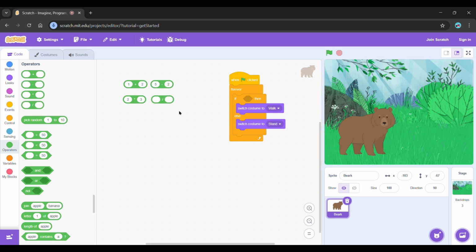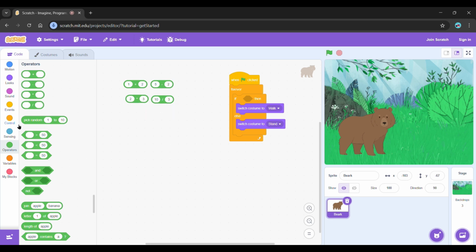What if we use the division? Let's use 10 divided by 2 is equal to 5. But let's try a different one where there is a decimal point in it. As you can see, 10 divided by 3 has a decimal point, and it will show down here the decimal places, how many decimal numbers.